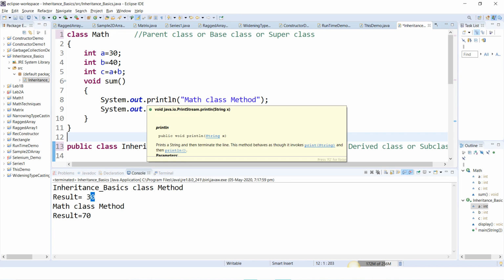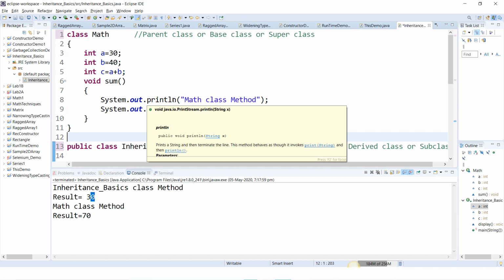Say for example, if your mother has blue eyes, and your eyes are also blue, then it is said that the color of your eyes is inherited. In case your mother has blue eyes and your eyes are also blue, then obviously the color of your eyes is inherited from your mother.